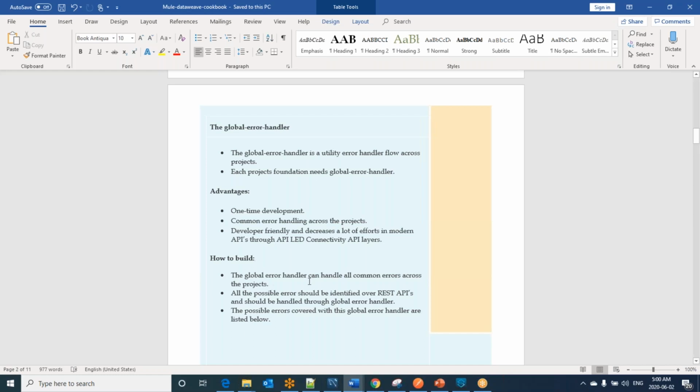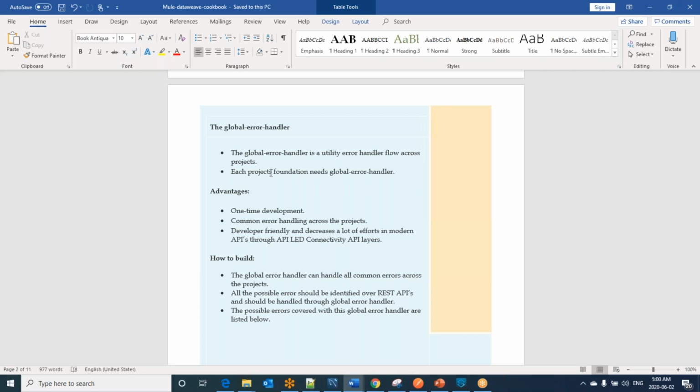Okay. So for this session, the prerequisites are: I have developed the global error handler using the latest Mule runtime version, that is 4.3.0, which was released exactly one month ago on April 30th. So today we are going to work with the latest version.